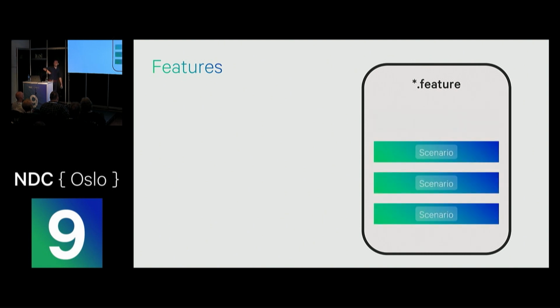Within those feature files, we define different scenarios. And scenarios are actually different outcomes of the feature and how it can work. So for example, when I have a feature where a user can log in, I would have a login feature file, and within that file I would have two scenarios, one where the login is successful and one where the login is not successful. It's really that simple. And one of the takeaways of this talk is to just keep it very simple, so everybody will know and understand what we are talking about.